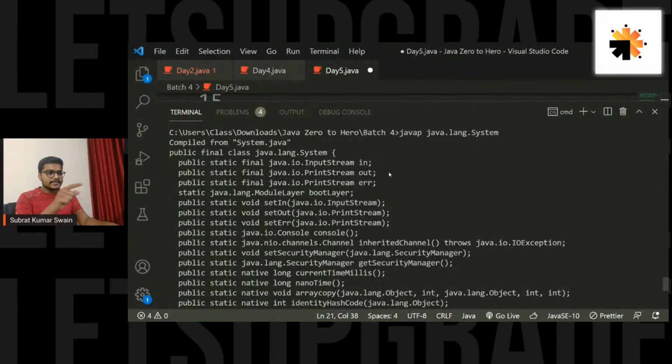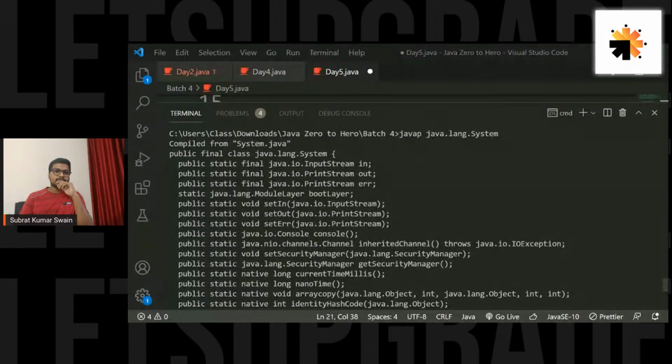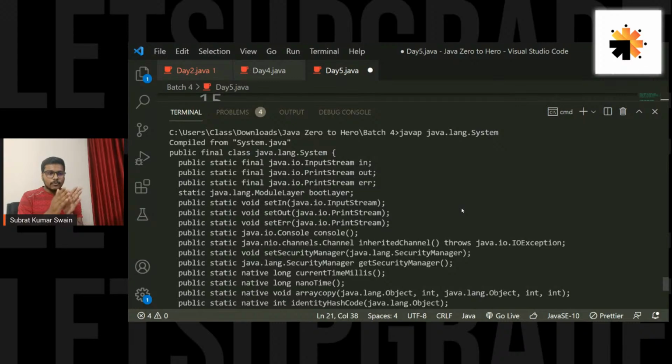And here in the System class, there is an object of the PrintStream class present. But it is present as static. So if I want to use print or println, I need this object out, so I'll write out.print or out.println, right? What I'm saying here is, I need this out in order to access print and println, because out is an object of the PrintStream class. So in order to access print or println, I have to write out.print or out.println. But again, I cannot access out directly, because out is a member of the System class, but luckily it is actually a static member, so I can call it through the class name, that is